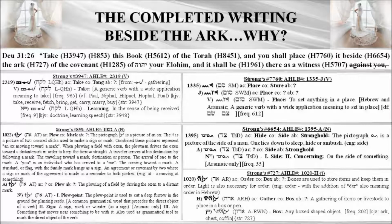Place it beside. Beside is H6654. It's a side, or concerning, on the side of something. The concrete is side, the abstract is stronghold. The Zod is a picture of the little guy on his side. One lies down to sleep, hide, or ambush. And we see that it's going to be